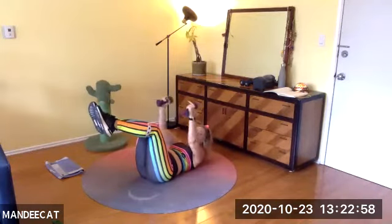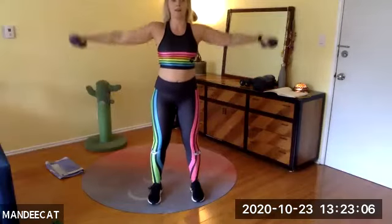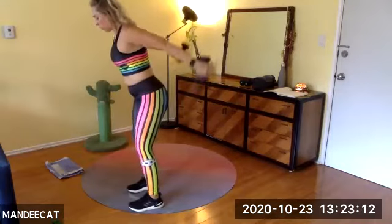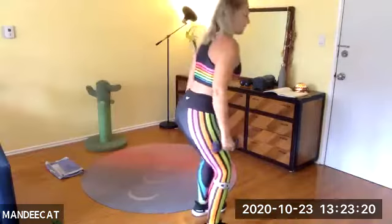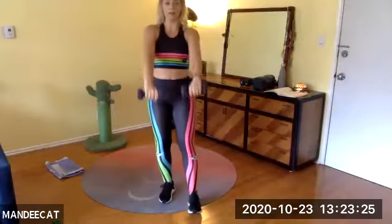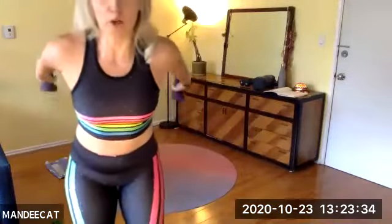Guess what? We're back at the top with the same dumbbells. 2, 2, and 2. Here we go. Front raise 1, lateral raise 1, and straight arm kick back 1. Again, front raise 1, lateral raise 1, abs in tight, and then lean forward slightly, straight arm kick back 2, yep. Front raise, nice tall frame, lateral raise, you got it, to the back, boom, again, do it up,